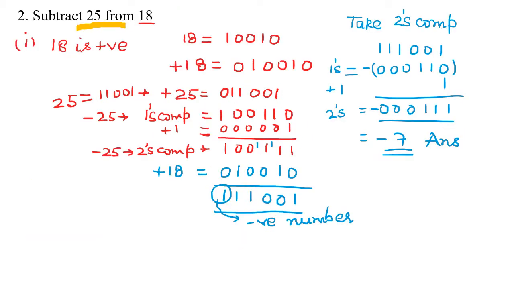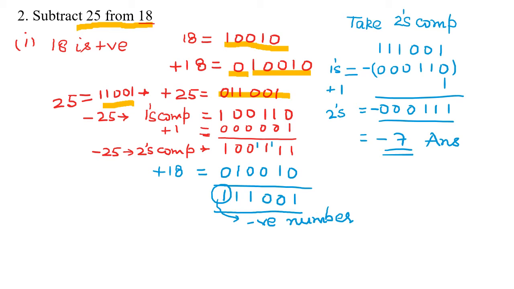Subtract 25 from 18. अब हमें 25 घटाना है 18 में से. तो 18 is a positive number and 25 is a negative number. Plus 18 को पहले बाइनरी में लिखें, दैट इज इक्वल टू 10010 जो कि हमने पिछली स्लाइड में कैलकुलेट किया था. प्लस 18 के लिए इसके आगे 0 ऐड कर दें, दैट इज 010010. 25 का मैग्नीट्यूड इज 11001. प्लस 25 रिप्रेजेंट करने के लिए इसके आगे एक साइन ऐड कर दें,